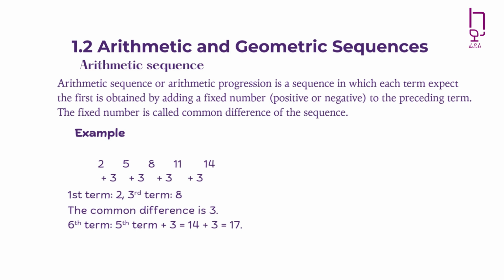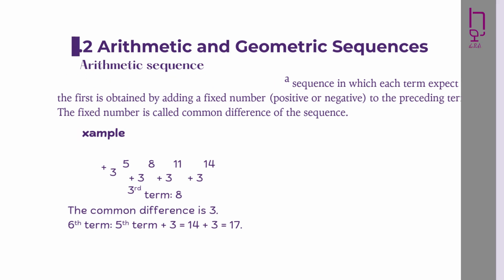common difference. As long as a sequence has a common difference, it is an arithmetic sequence. Now what comes after 14? I will just add 3 + 14 which is 17, then 17 + 3 is 21, and it continues like that. So if they have a common difference, it's an arithmetic sequence.